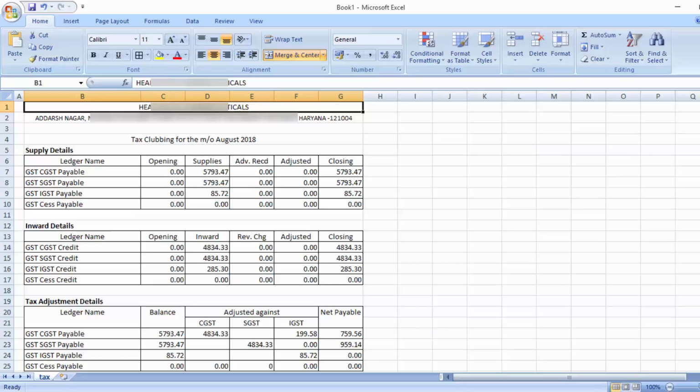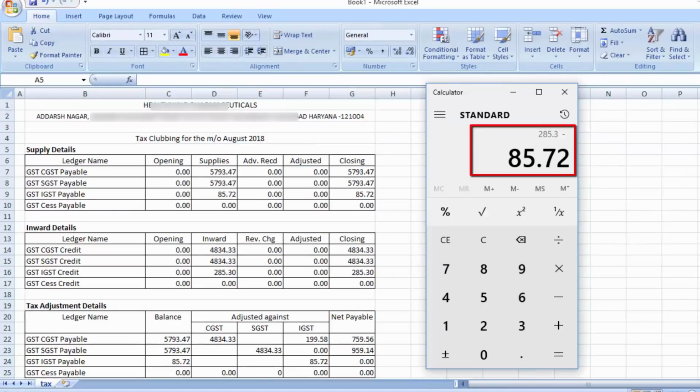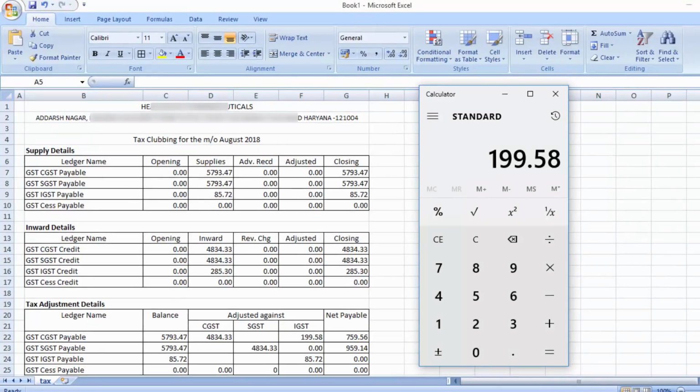So as purchase gets debited from sale, here the software has subtracted IGST credit from IGST payable, means it has adjusted. So after adjusting 85 rupees 72 paise from 285 rupees 30 paise, the input will be 199 rupees 58 paise.